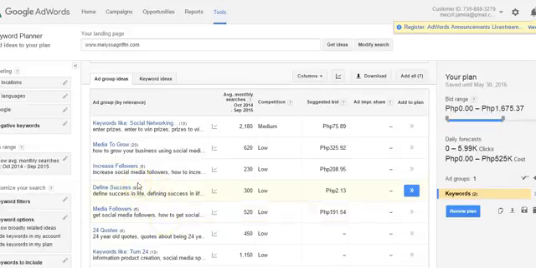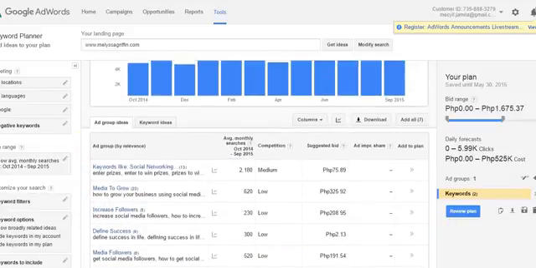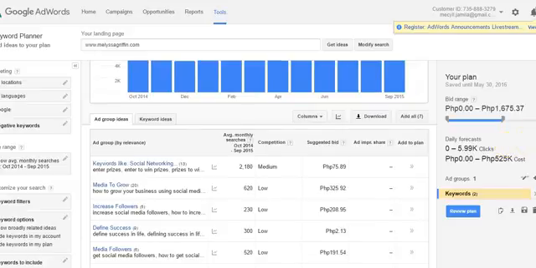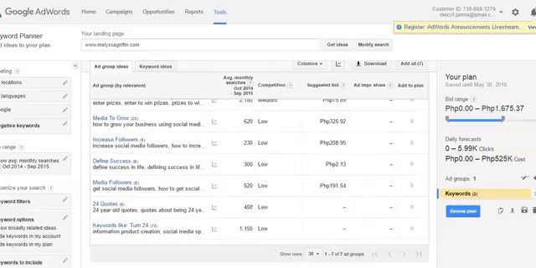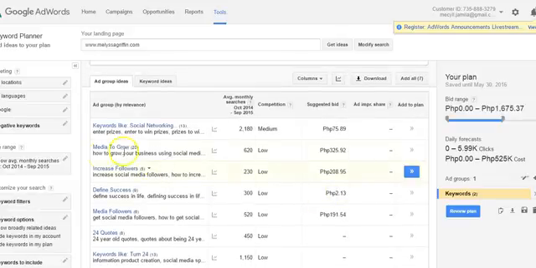you to increase ranking or searchability or increase traffic, but not necessarily the exact strategy or exact thing that will happen to your site. But at least you have an idea or several ideas what keywords you would use for your next blog post. So let's say how to start a blog. What particular area or angle you can use, using these keywords that you have here, to make it more searchable or high